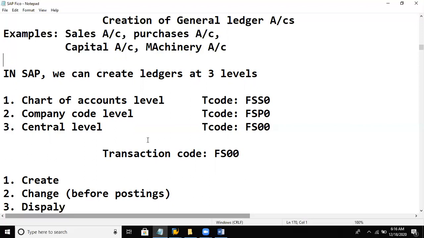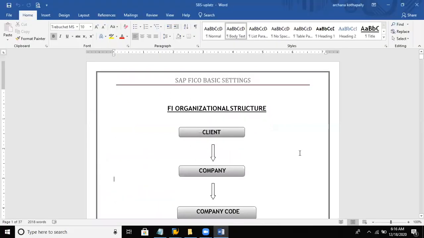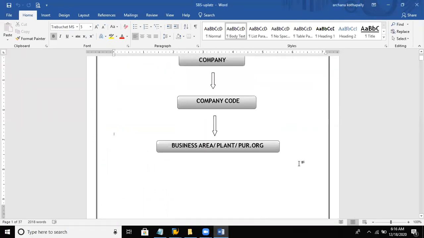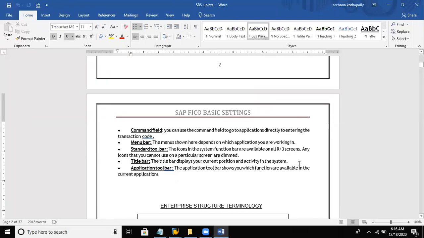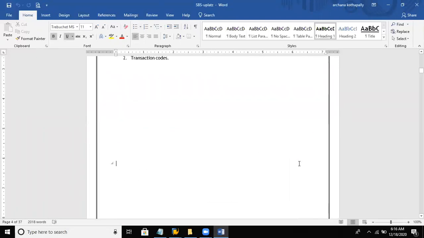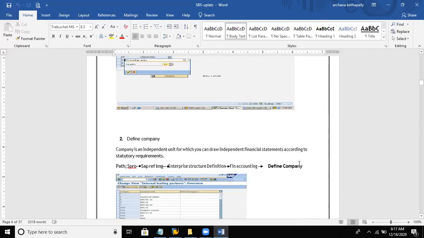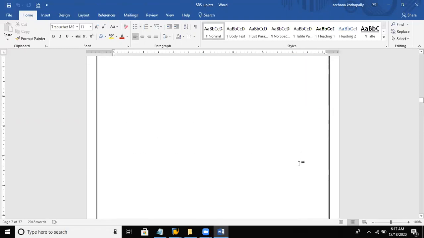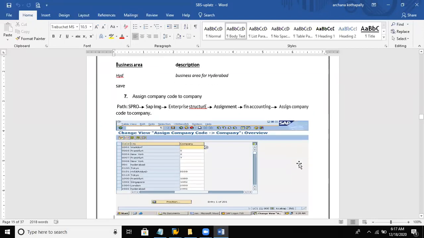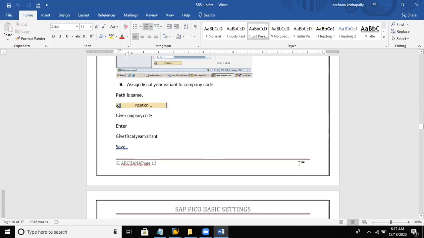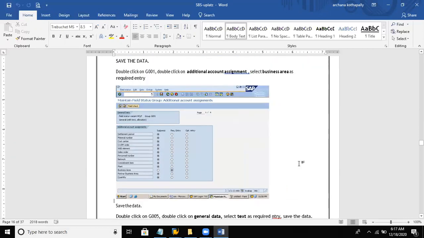Now we will be seeing the same in the PPT. Here we can see the basic configuration which we have completed. These are the T codes which are updated in the PPT. These are the basic settings which we have successfully completed.